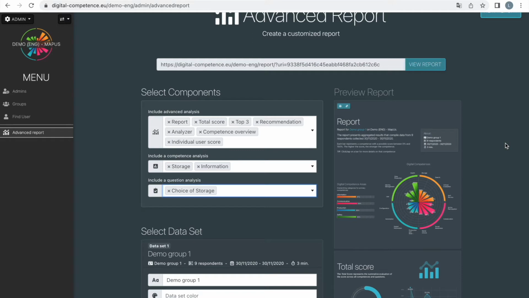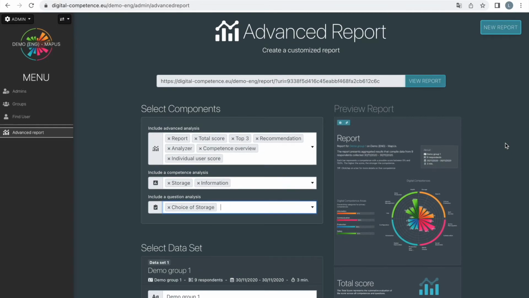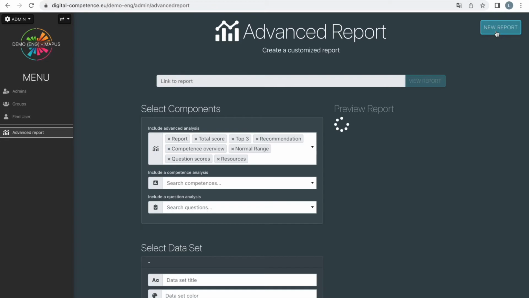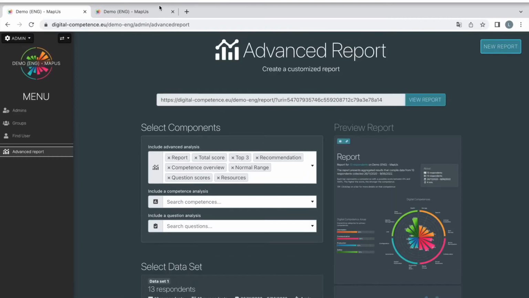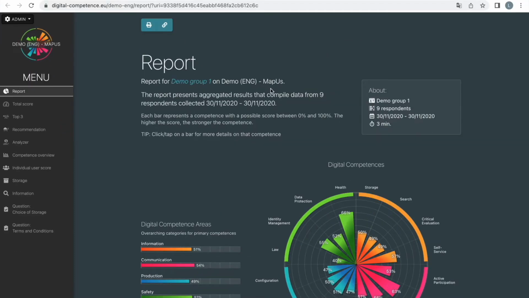So how to lock a report? The easiest way to lock a report is to just press new report up here in the corner. We're going to press new report. And then it just kind of reloads the page. It looks quite similar, but what you've done now is that you have locked the old report, which means that this one we have here is no longer dependent on the report module. So if we try and update, nothing happens. The report is now locked,